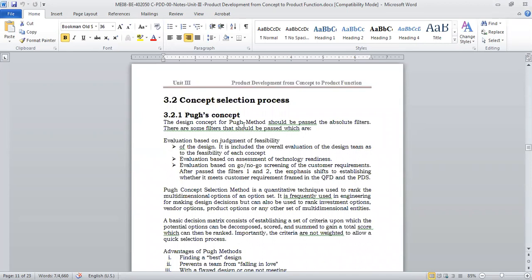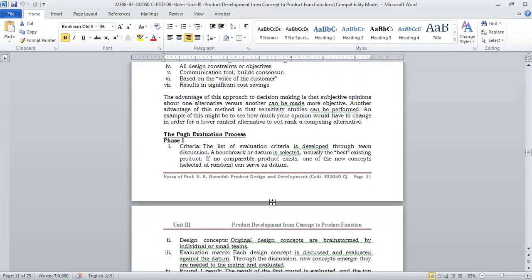We used Pugh's method. That is basically we are going to have a matrix with all the characteristics we are expecting, and then we'll do a marking and give the marks, and depending on the outcome of the matrix we will select the concept.